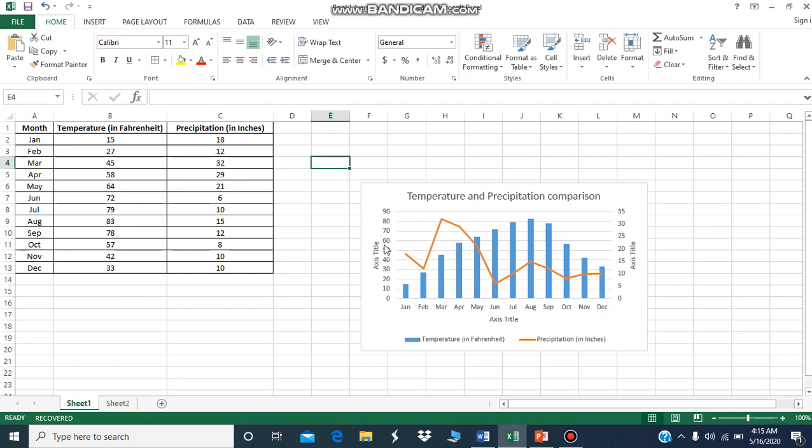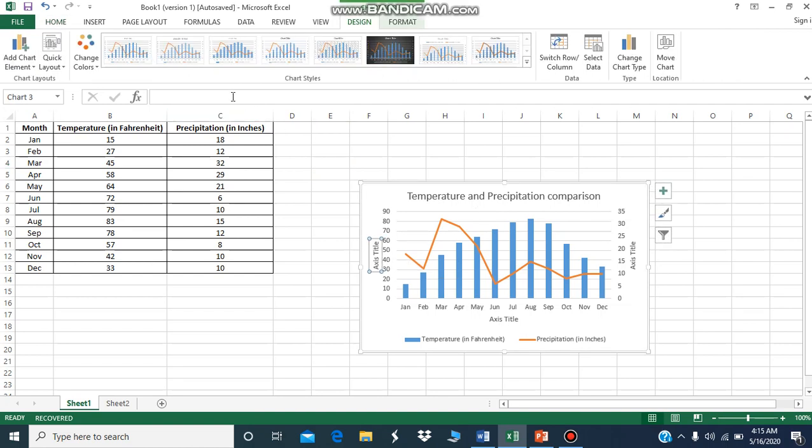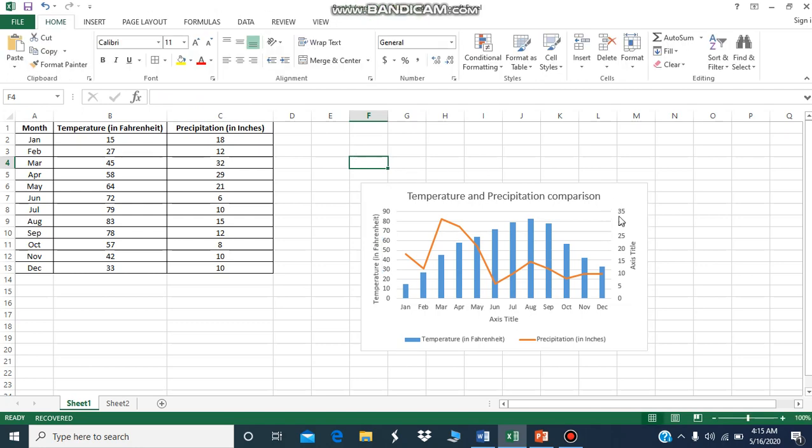Now click on axis title. Again in formula bar it will become easier for you. Temperature in Fahrenheit. Now you can see it has also been inserted in the sheet. Now click on the secondary value axis.